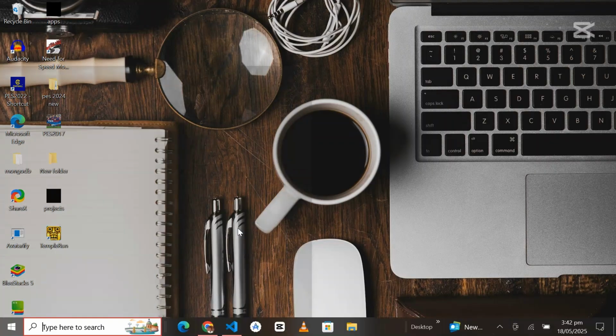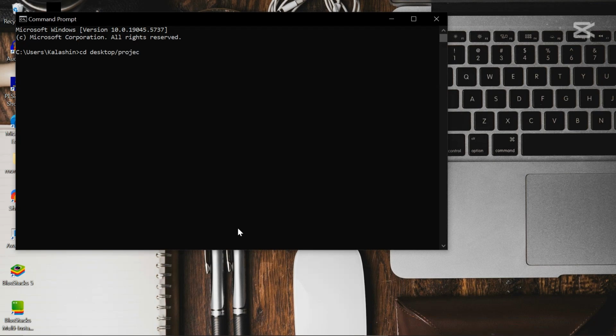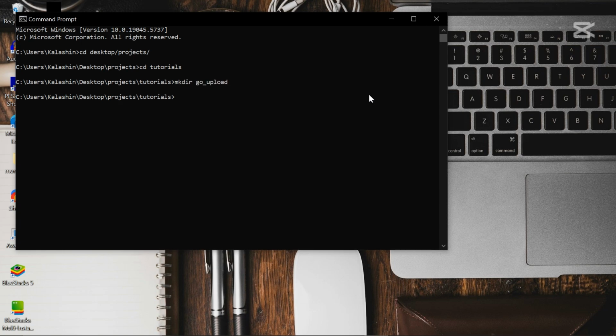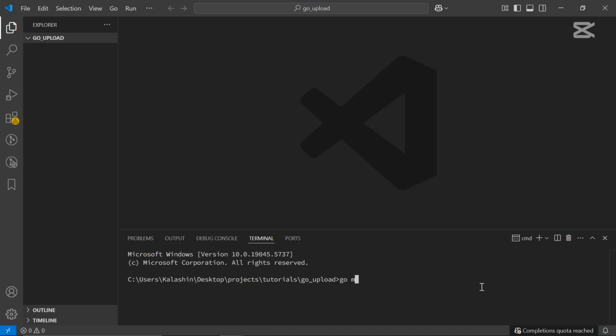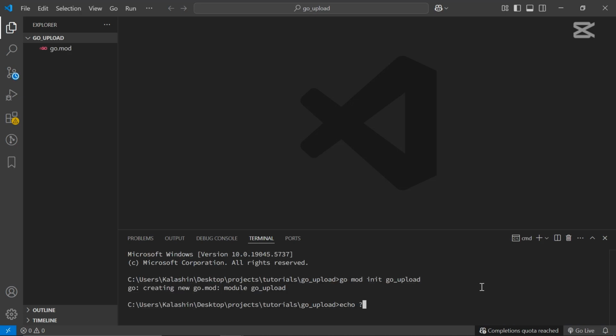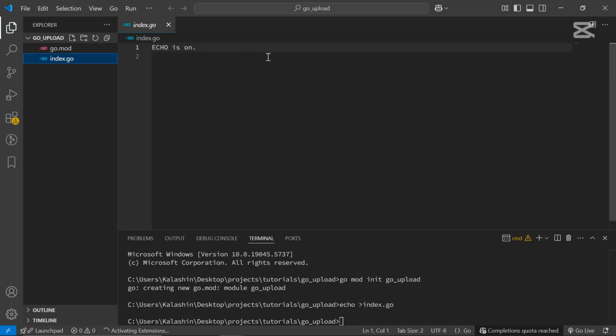I will open up a terminal and navigate to the desktop/projects folder, and then I will navigate to the tutorials folder. Inside there, I'm going to run mkdir go_upload and navigate into the go_upload folder. I will open up this folder inside of VS Code by running code. Then I'll open up a terminal inside of VS Code and run go mod init go_upload. After we have a go.mod file inside the working directory, I will run echo index.go to create a new index.go